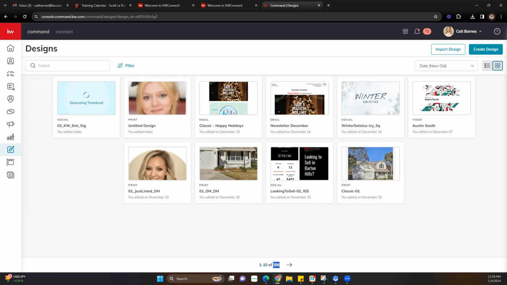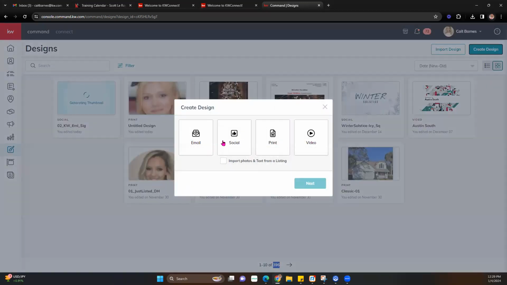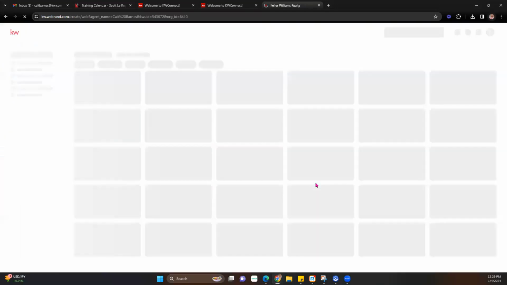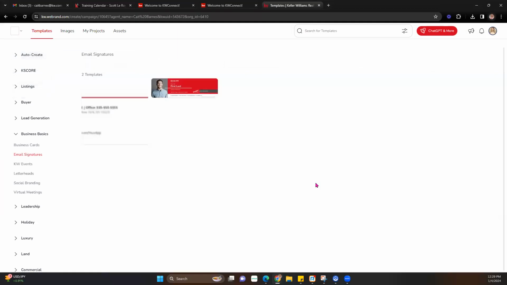Okay. Next thing we're going to do is we're going to take a look at creating a social design for social posting. So something that we would just post on our Facebook or Instagram or something like that. As you can see, this time it brought me straight into templates. So that's what it usually does. I'm not sure why I didn't earlier, but anyways, back to our various different